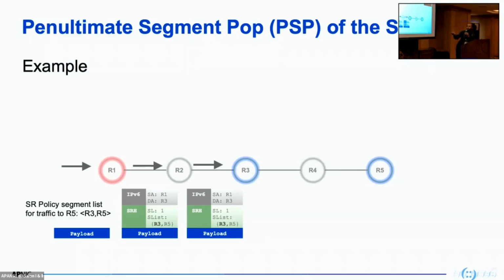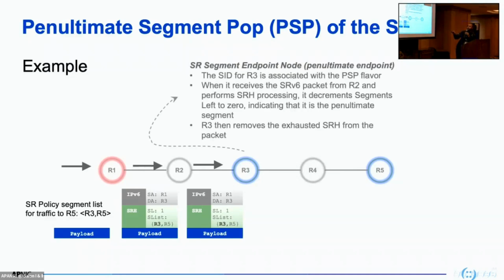So I have to now copy the next one here, make the new packet as a segment endpoint. I would like to make the next packet. In our previous example, this header remained. This one became here like an IPv6 header, but you see the penultimate hop popped the segment routing